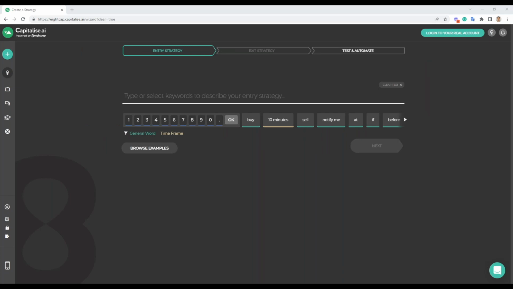So let's talk about dollar cost averaging before we create our first strategy. Just for anyone out there who's not familiar with DCA, dollar cost averaging is an investment strategy in which an investor divides up the total amount to be invested across periodic purchases of a targeted asset in an effort to reduce the impact of volatility on the overall purchase.